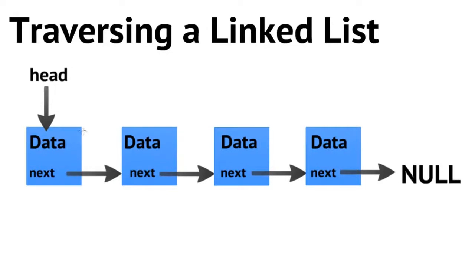So being able to traverse through our linked list, or said more simply, being able to visit each node in succession, is a really important operation, because once we master that operation, then we can go about maybe printing out data that may exist in each of our nodes, or we could go about finding where we should insert a particular node. The same thing goes for deletion if we're interested in maybe deleting a particular node or modifying the data that exists in all of our nodes for some reason. In all those cases, we need to have a mechanism to be able to visit or traverse through each one